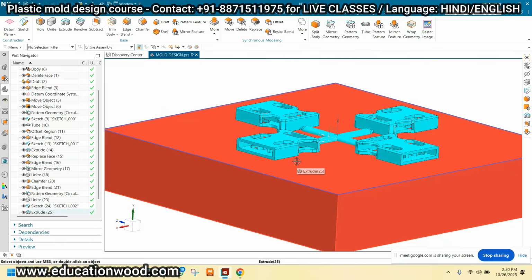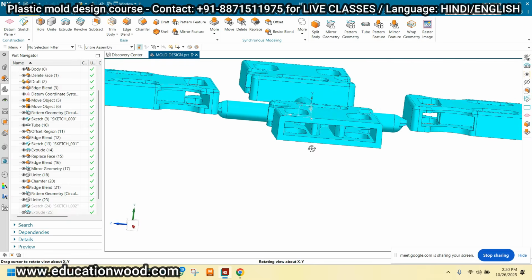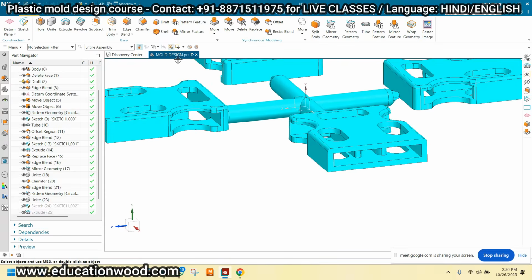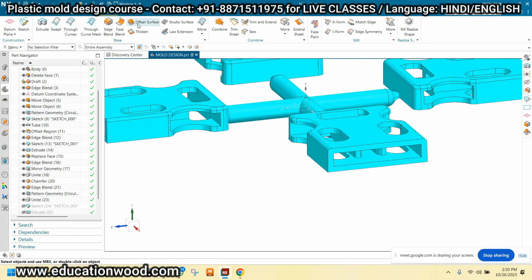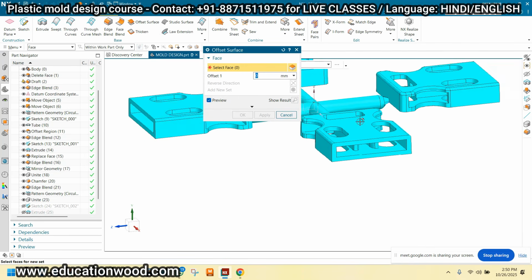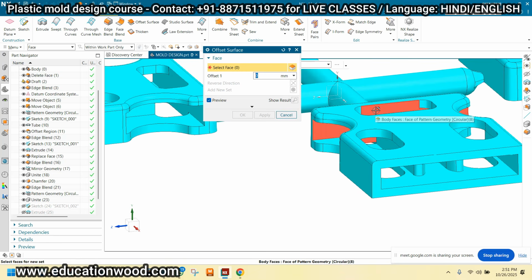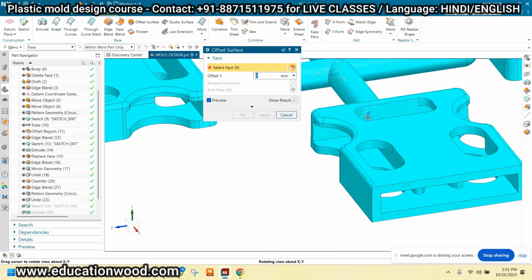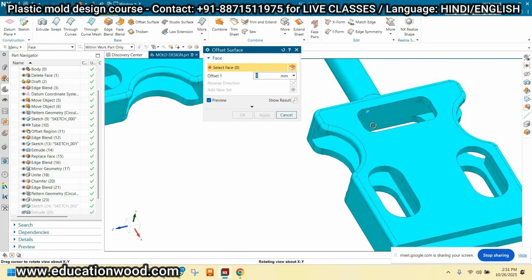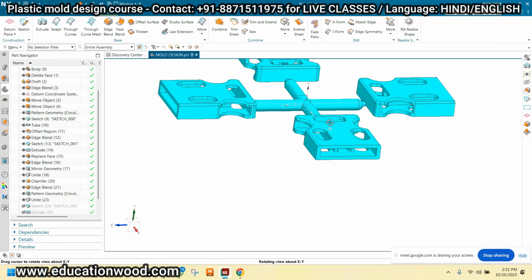So first of all, I have to prepare the inner portion or the side core portion, you can say that. So I'm just trying to extract the core and cavity. Here I'm using the surfacing command, just taking the offset surface. Take the zero value and I'm extracting the inner surface. Okay, let me check. Can we extract the inner surface? No, we cannot. So first of all, let me check. 1 minute.